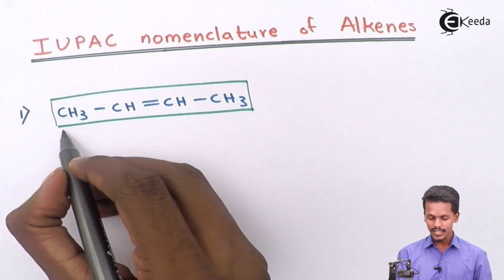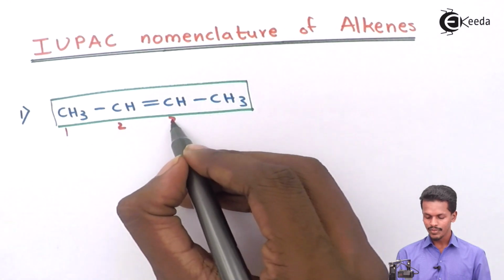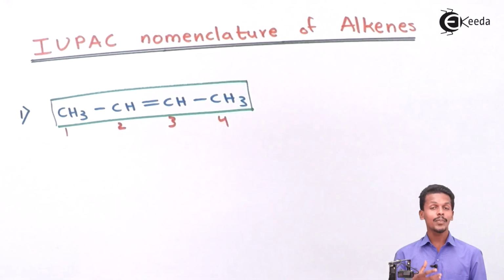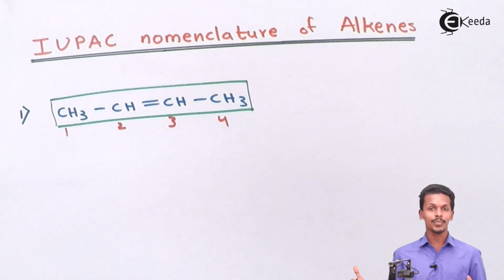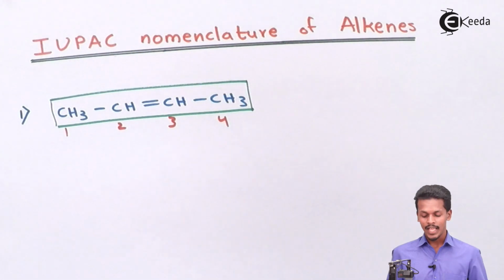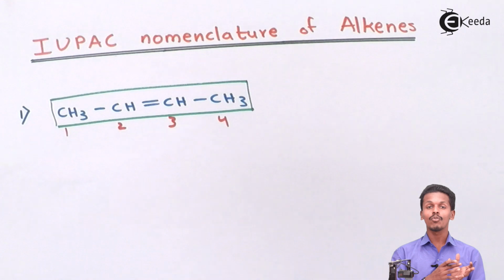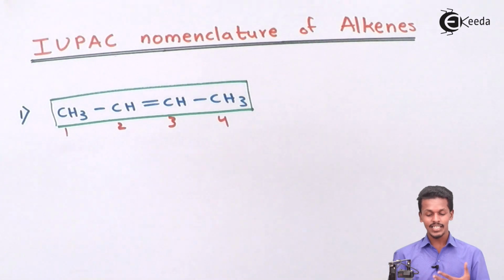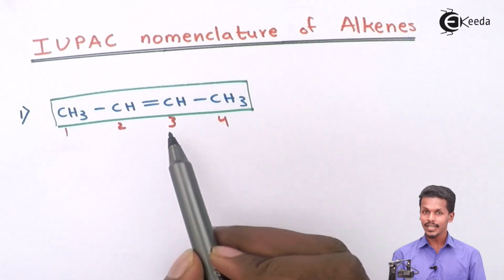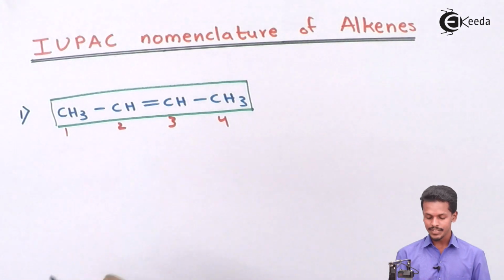So let me give the numbers: 1, 2, 3, 4. The total number of carbons in the parent chain is 4 carbon atoms, and these 4 carbon atoms consist of only one carbon-carbon double bond, making this basically butene. But this is not yet the name, because we have not expressed the position, or locant, of the carbon-carbon double bond. As I can see, the carbon-carbon double bond is present between carbon number 2 and carbon number 3, making this to be named as